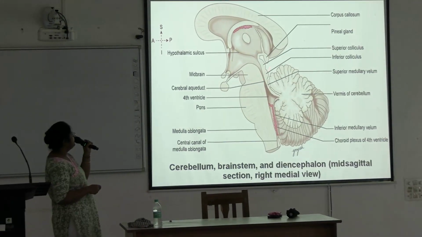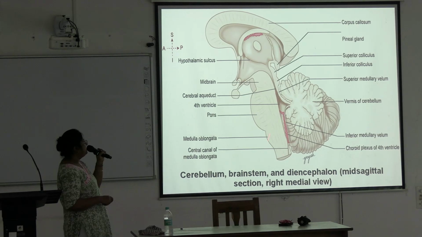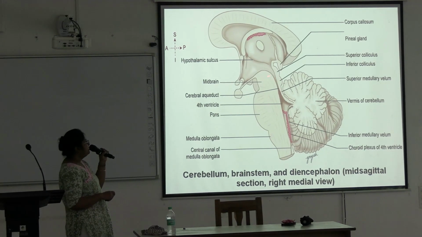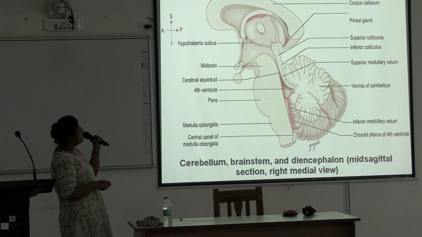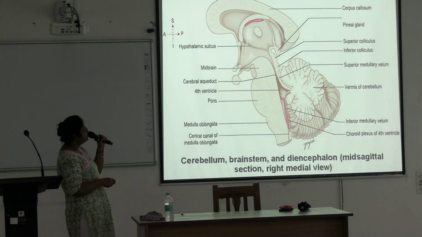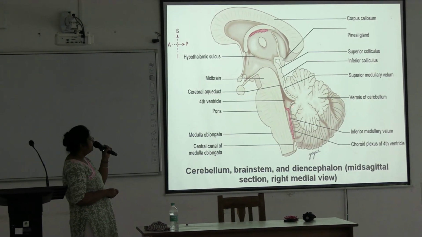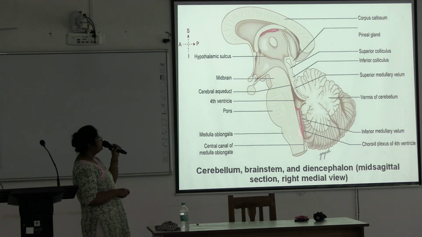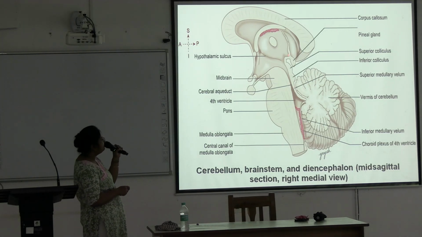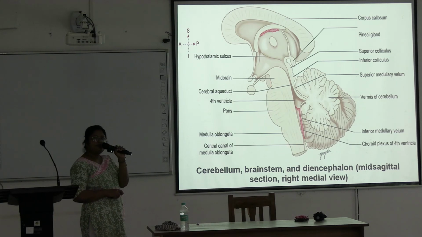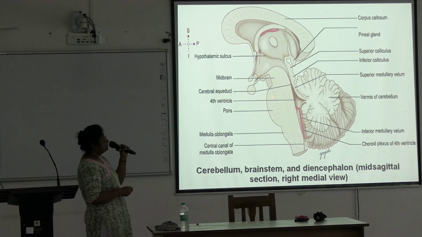See here, this is midbrain, pons and medulla. So brainstem is lying in front of the cerebellum. This is cerebellum. This is cut portion of the vermis, and this is cerebellar hemisphere. And this tent-like structure is the fourth ventricle. So fourth ventricle lies between the cerebellum and the brainstem. Okay, this is cavity of the cerebellum.